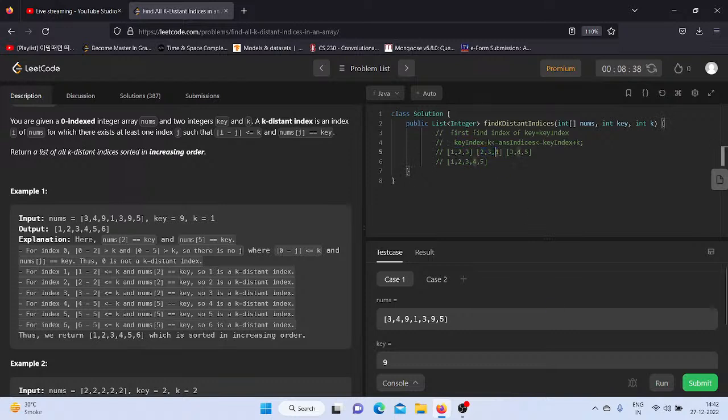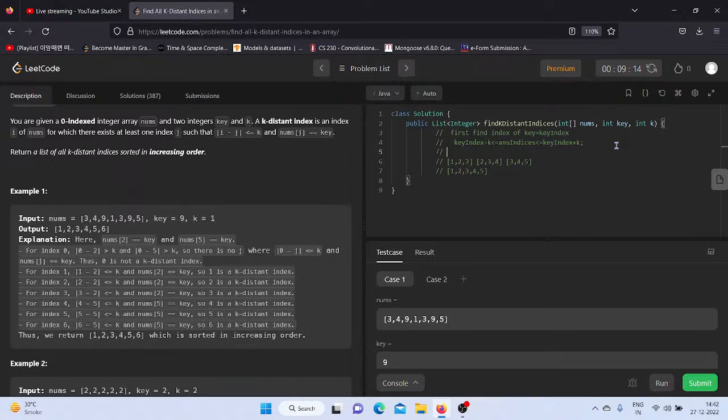Let's say my answer indices are from minus k to plus k. So what if I put my answer indices into